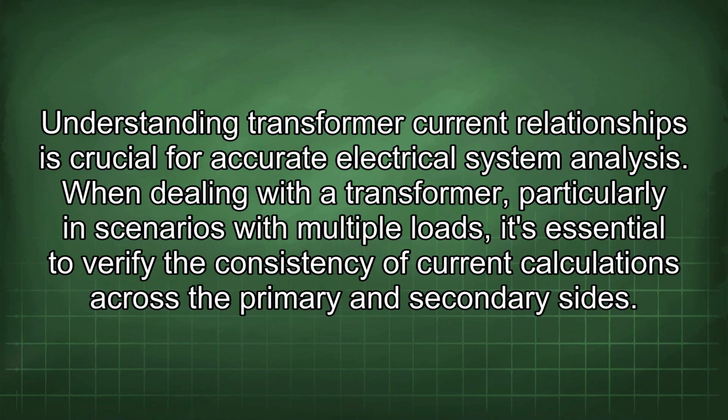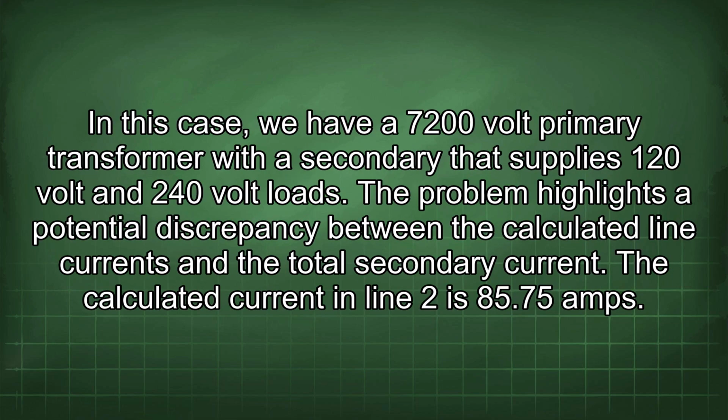Understanding transformer current relationships is crucial for accurate electrical system analysis. When dealing with a transformer, particularly in scenarios with multiple loads, it's essential to verify the consistency of current calculations across the primary and secondary sides. In this case, we have a 7200 volt primary transformer with a secondary that supplies 120 volt and 240 volt